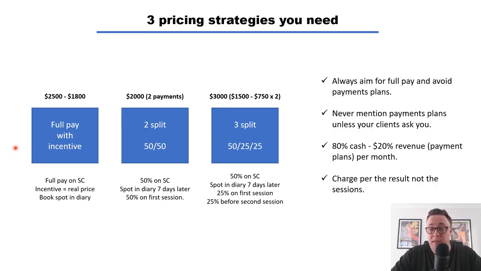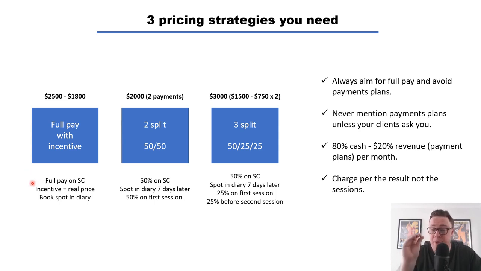So full pay with incentive, you want to try and add the incentive drop. You want to be quite substantial. You don't want to say my everyday price is $2,500, but if you book today, I'm going to give it to you for $2,400. Okay, so you could even go to the max of like $1,000 drop. So you might say $2,500 down to $1,500. You want your client to get excited that they're going to get a deal, because you know that if they work with you, you are going to do some incredible things with them. So it's worth their while to book today.